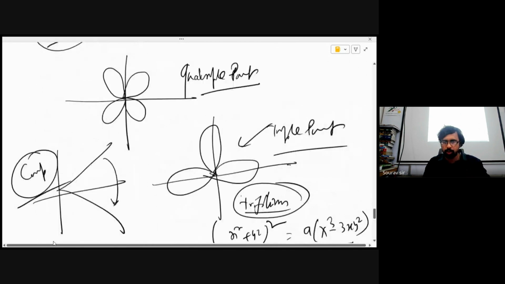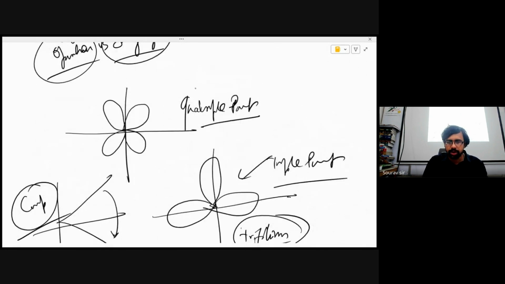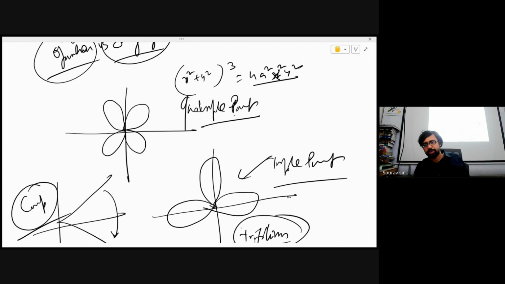ओके, तो ऐसे बहुत सारे चीजों का क्वाड्रपल पॉइंट का भी ग्राफ मैं दे देता हूँ. ठीक है, quadruple point also the graph. Okay, that is x square plus y square whole to the power 3 equal to 4a square x square y square. ठीक है, याद रहेगा. कैसे हुआ देखो ध्यान से, ये 2 into 3 ये 6 हो जाएगा, यहाँ पर स्क्वायर है, anyway that will be cancelled out. That will turn out to be a quadruple one. ठीक है,